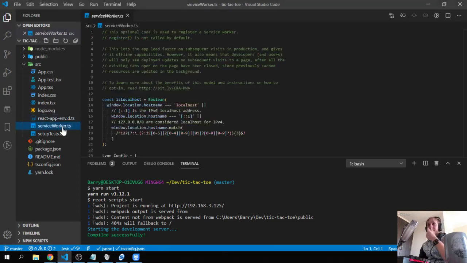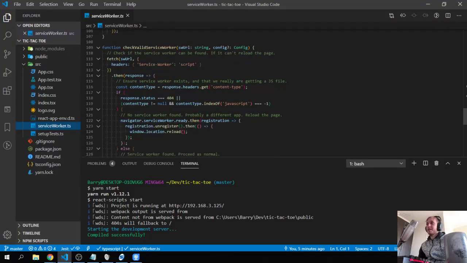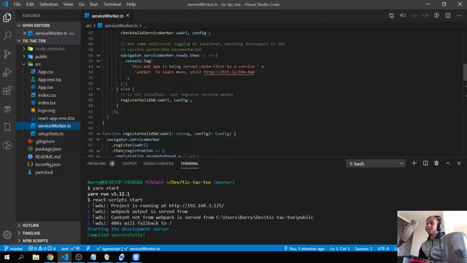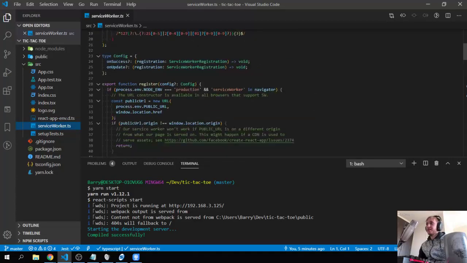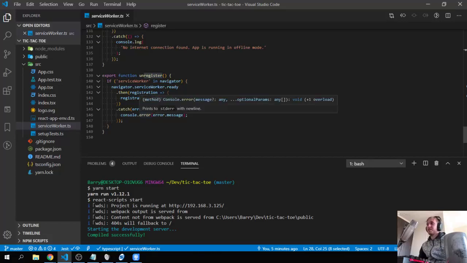The service worker, this comes with create React app out of the box, and you have register and you have unregister, and register just means that you can basically have like a massive truck going on outside. Anyway,